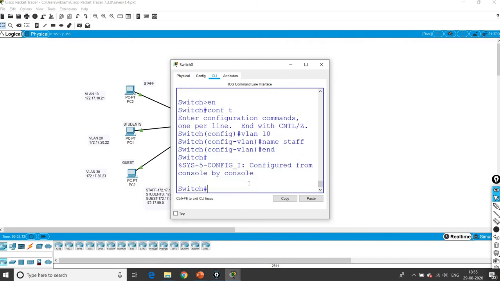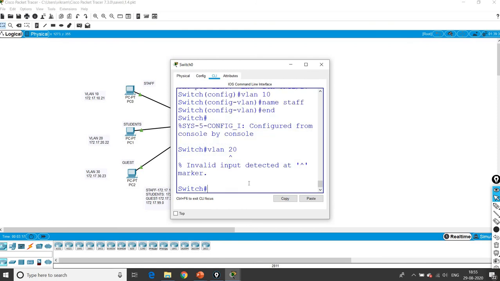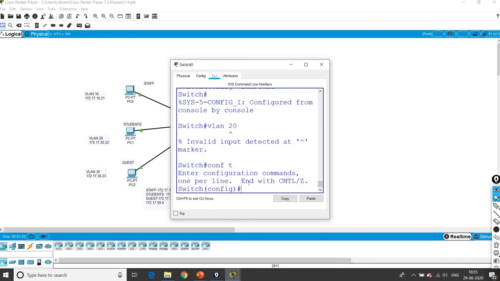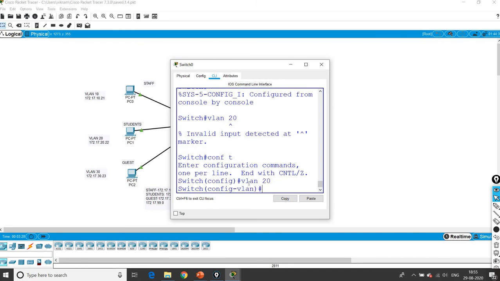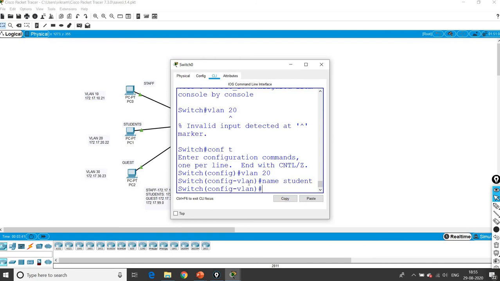Similarly for VLAN 20, go for configuration mode. It will always go for privilege mode first. So VLAN 20 and name student. Yes. End.